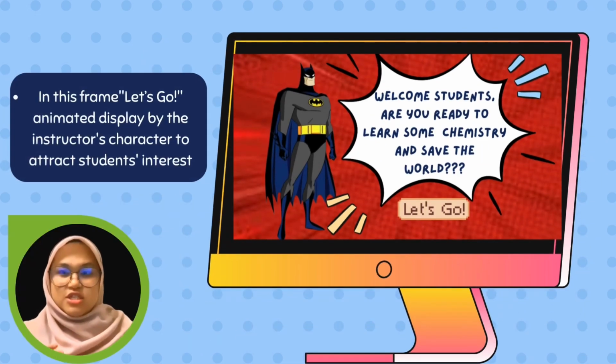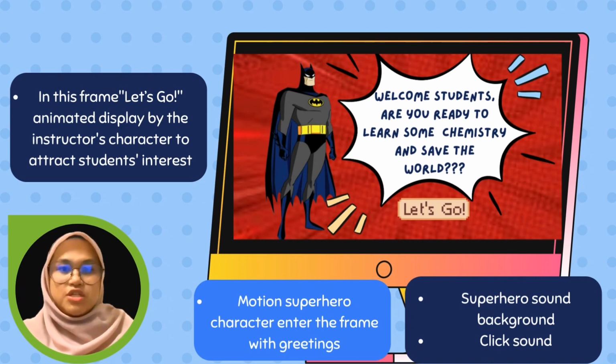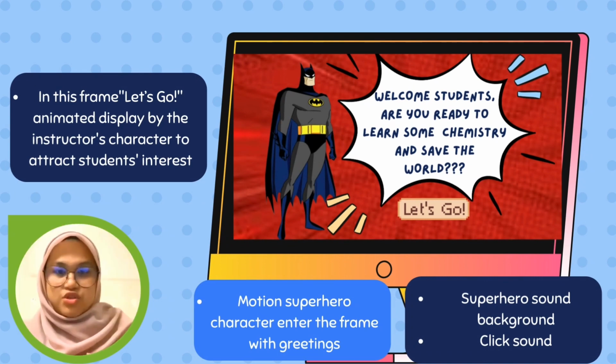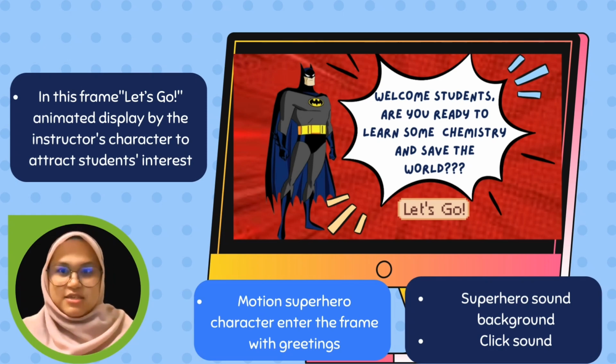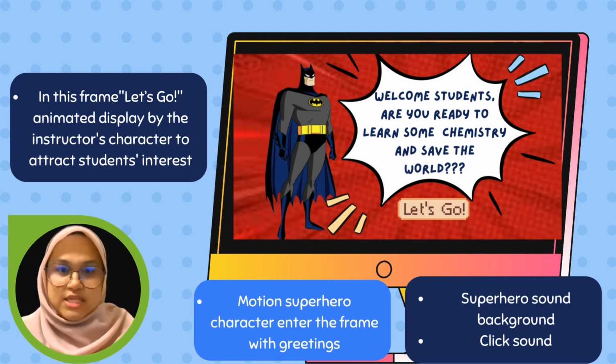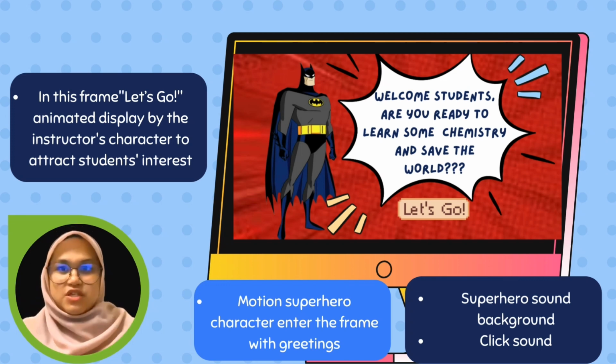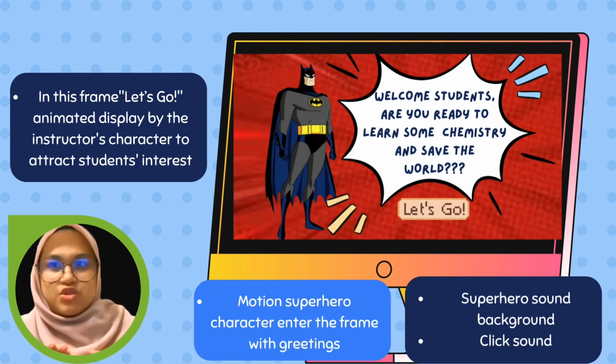The first phase, which is the orientation phase, has a motion of a superhero entering the frame, and it gives some greeting to the students as it says in the frame, and it will have superhero sound background and click sound. The user clicks the button let's go. The interesting feature in the first frame is we use a beloved character, and it will attract students to